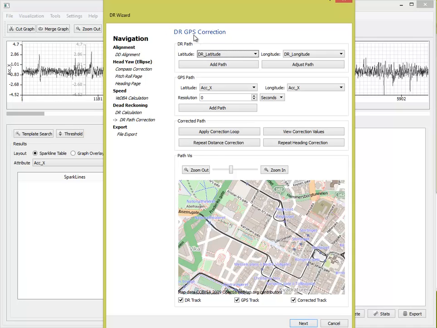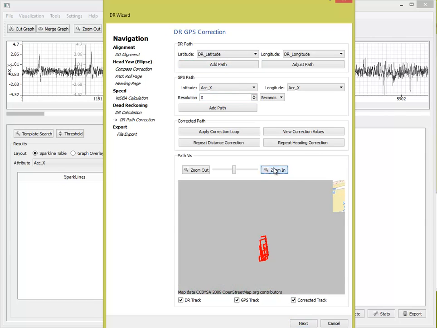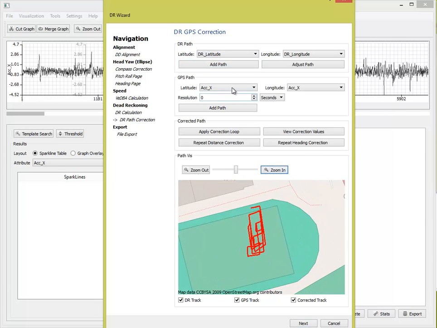And we're taken to the dead reckoning and GPS correction page. And if I just add our dead reckon path on here, you can see that. And I'm going to add our video data in here. Actually, we're not going to use the GPS, we're going to use the video just for the purpose of this. So what I can do is I can add the video data,